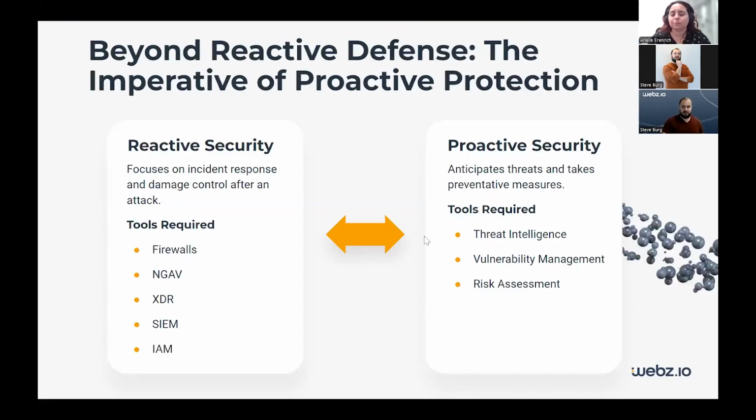Now, I want to talk about why we're here today. And a lot of this is because where we sit today is reactive. Okay, we have our tool set. We've got our firewalls, our NGAV, our XDRs, our SIEMs, our IAMs, our identity access management systems. I call them alert generators. Very few of them do active protection. What do they do? Hey, someone did something,